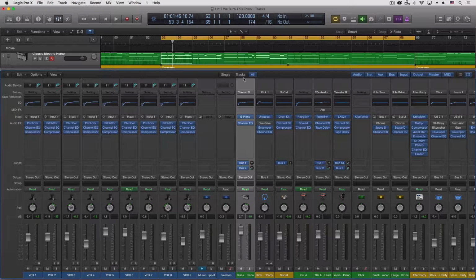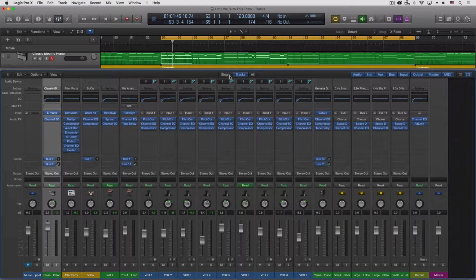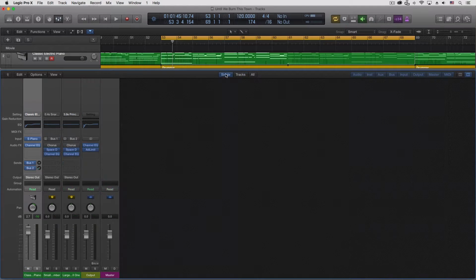Really helping us see it all. Now, in the middle here, we have the tracks, show all channel strips, or just a single. The single is going to show us the entire signal chain of a single track. Let's do this one here, this piano. And this one's useful because it has two buses on it. Click on single,